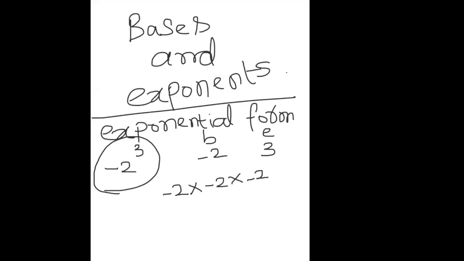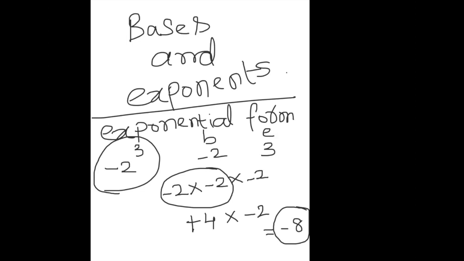Sir, first, multiplying -2 with -2 is equal to plus 4. Okay, first I will just multiply the first two minus 2. The answer will become +4. Okay, what is the next step? Next step, plus 4 multiplied with -2 is equal to -8. Okay, so what is the final answer? Final answer is -8, sir. Thanks, Gokul.